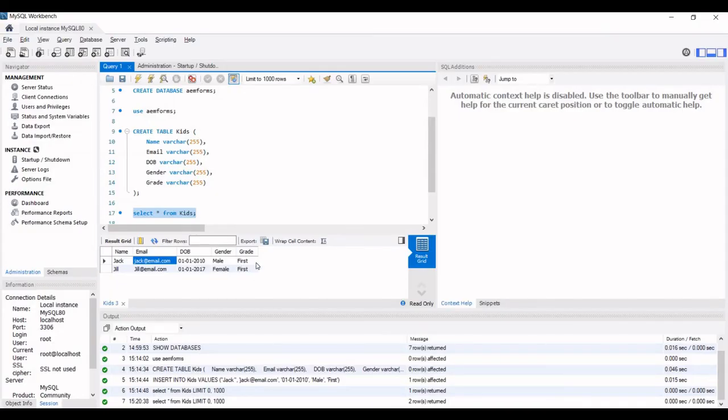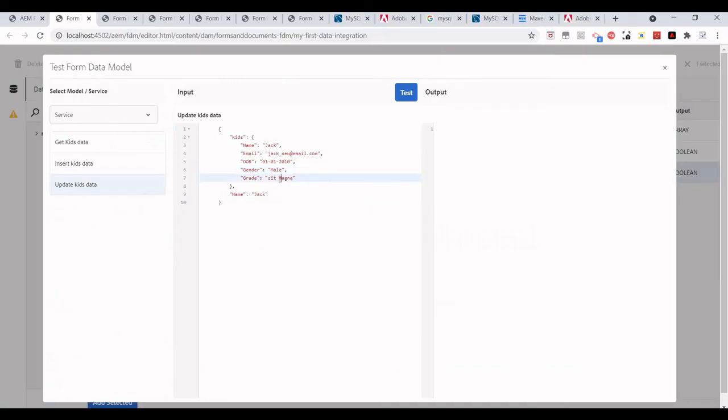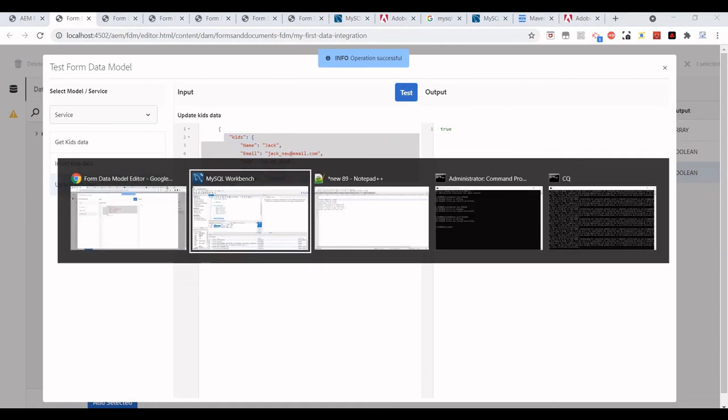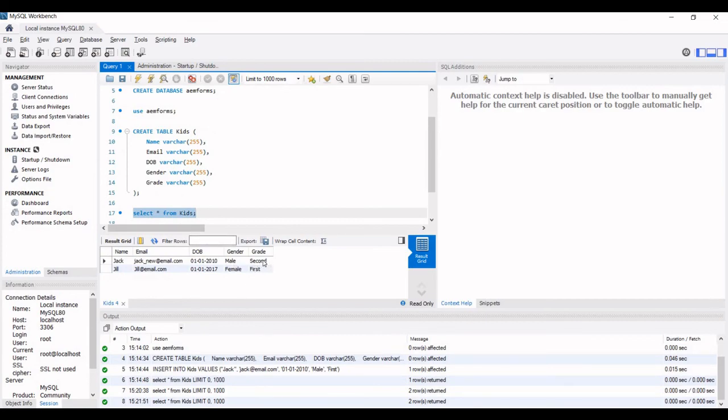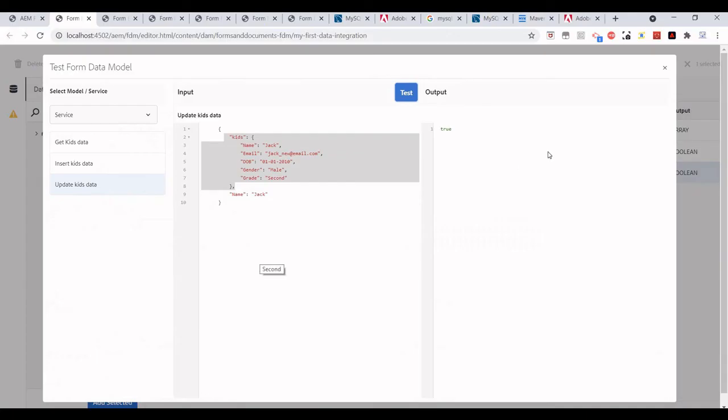And maybe I want to change from grade 1st to 2nd. Yeah, so where name is Jack, just update this information. The information is updated.